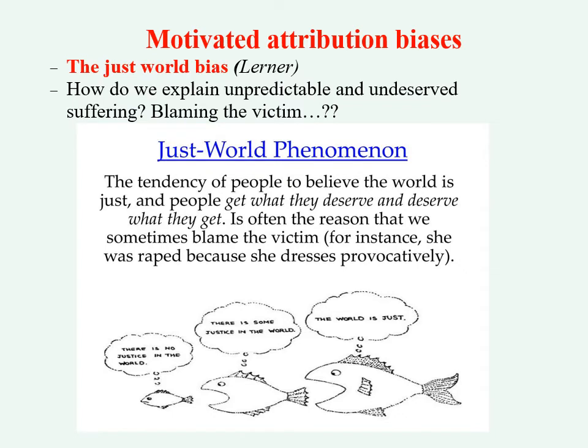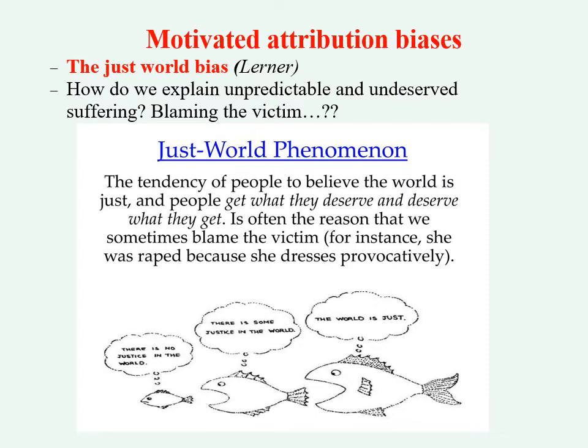If your friend tells you that he came home late at night from the pub and cut through the dark park and he was attacked, then there is a tendency when you hear that story to immediately say, well, why was he in the pub? Why was he coming home late at night? Why did he cut across the dark park? We try to find a handle where we can make some internal attribution, even though the event is completely random